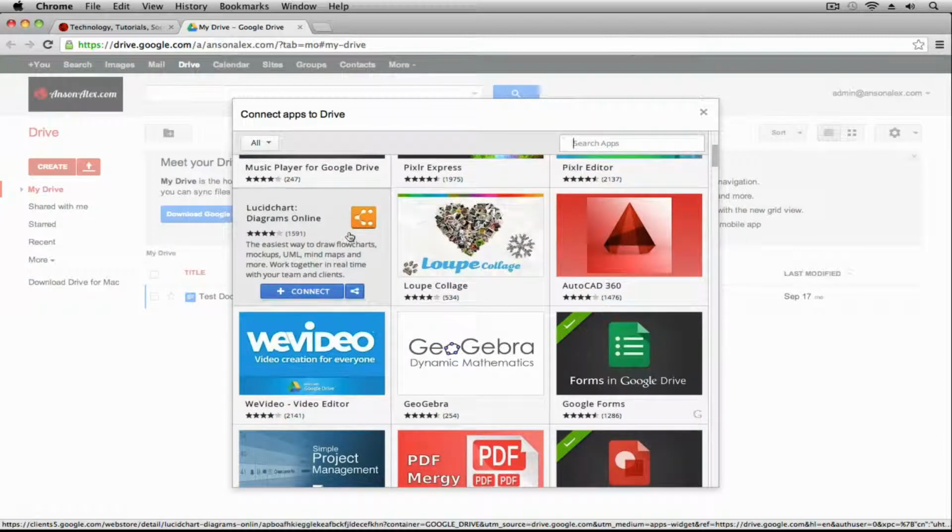This Lucidchart, I also wanted to check this out. It says that it works very well for drawing flowcharts, mock-ups, UML, system diagrams, that sort of thing. So that's one that I've signed up for, and I plan on trying a little bit more in-depth here in